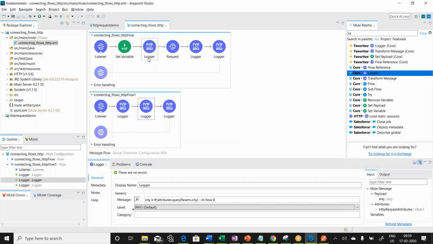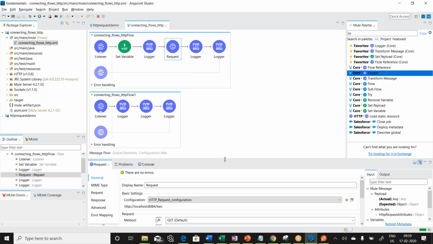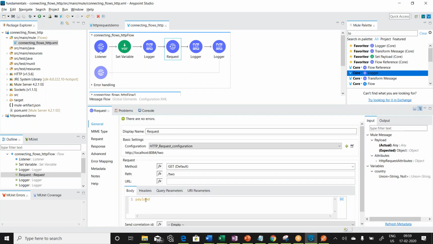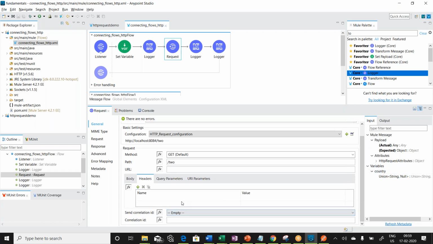So here we need to, while invoking another flow using the HTTP request object, in the request configuration, if you go to request configuration here, there is a method, and here the query parameters, header parameters, URI parameters, you configure all of them over here. So if you configure these things here,